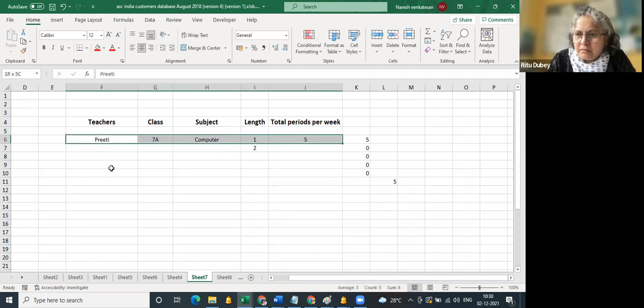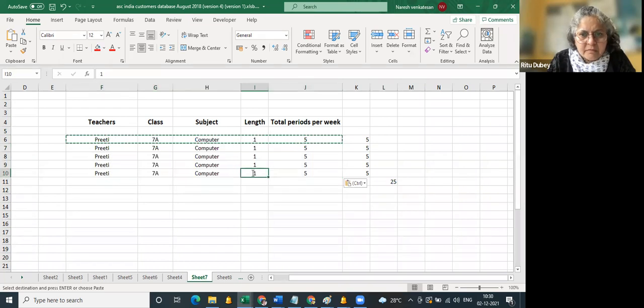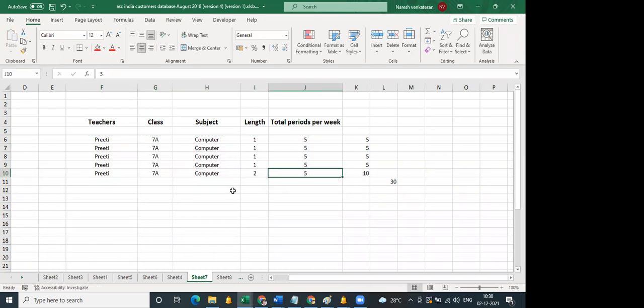So, I'll just show you. This teacher's allocation is done. Teacher Preeti, she handles, I'll just change this along. So hope this is fine, right? The teacher handles which class, which subject, length and total periods per week.